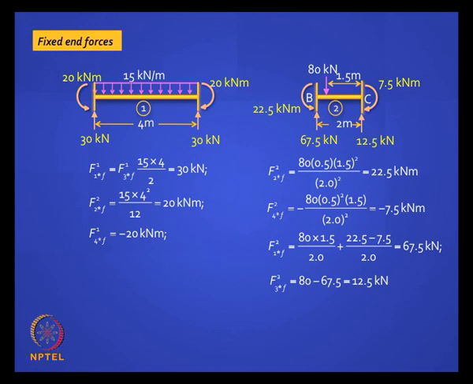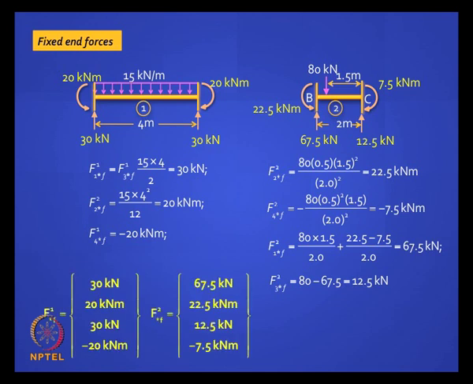Under a concentrated load, the formula is W minus, not minus, because now it is plus minus, since you are dealing with the conventional stiffness method where anti-clockwise is positive. So it is W A B squared by L squared, you know that formula, you can apply all that and you can get the fixed end force vectors. One more important difference here,